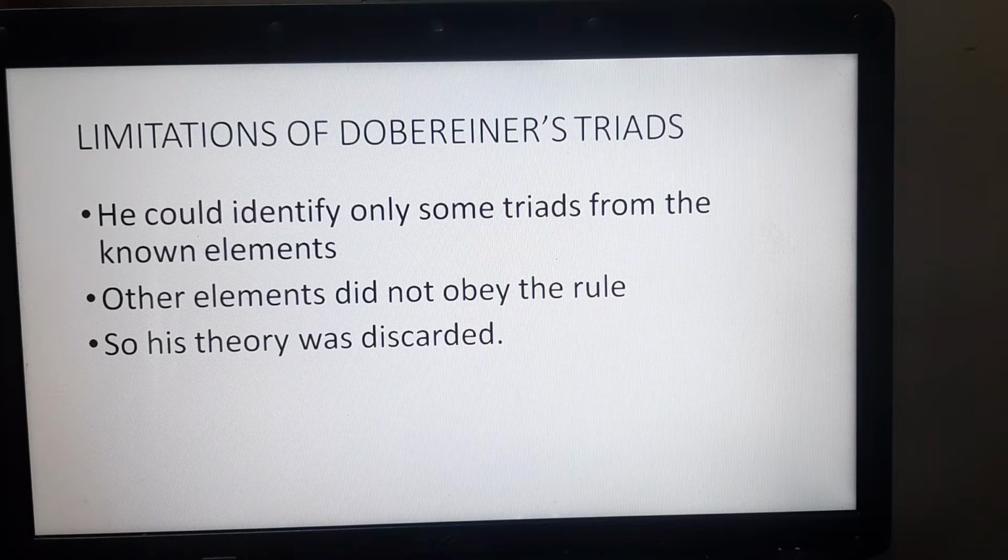But Döbereiner's triads had some kind of limitations. So let us look at what were the limitations or drawbacks of his theory. He could identify first of all only some triads from all the elements. Now there was the whole table of elements, but from them only a few. What about the other elements? The other elements did not